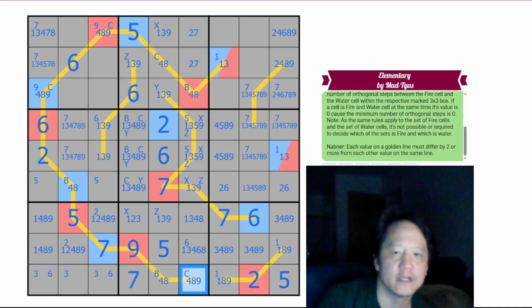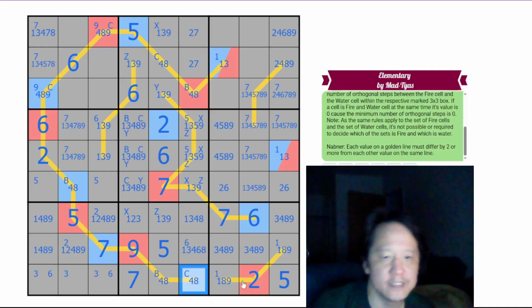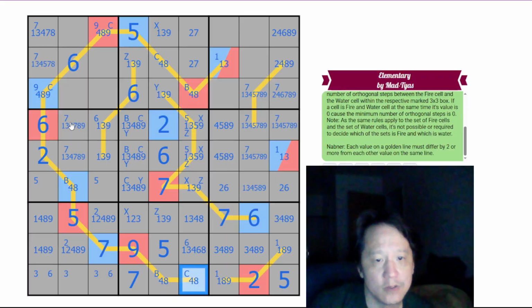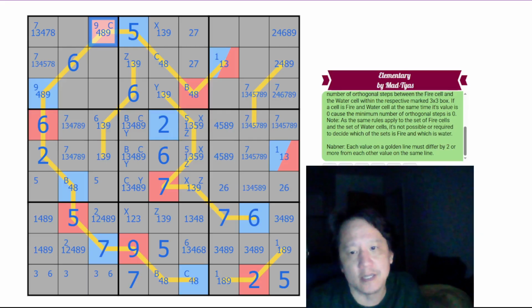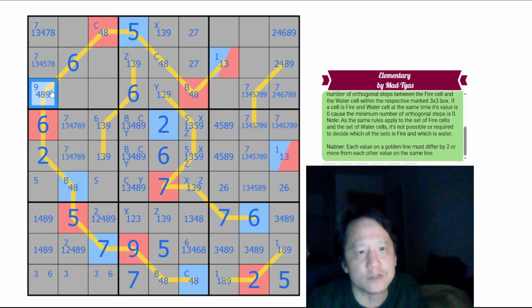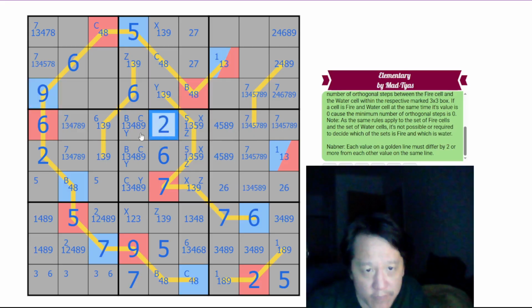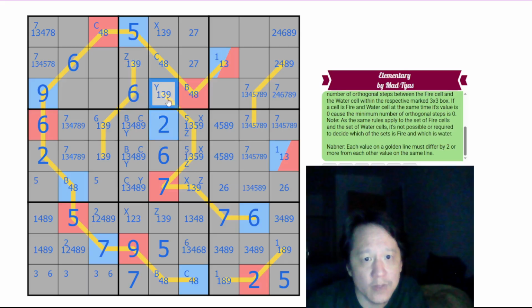9 eliminates 9 here. So this is guaranteed to be C here, which means we do not have a C available for the blue. We have to have a C available for the red. This can't be 9 here. So C is there. This must be 9. Okay, finally. That means 9 cannot be here. We're guaranteed a 9 in one of these 3 cells. This is C. We have a 4-8 pair in column